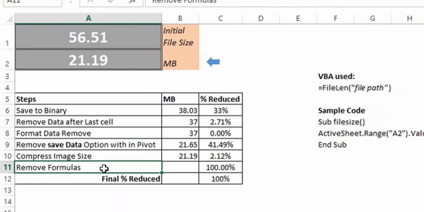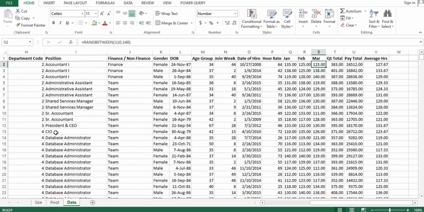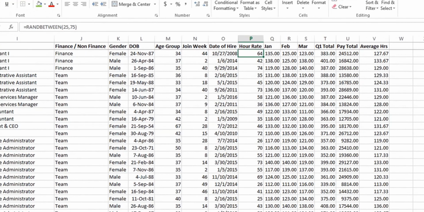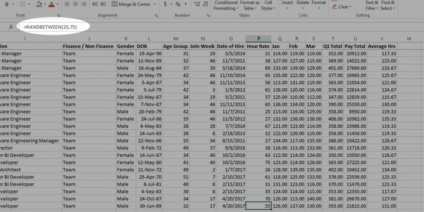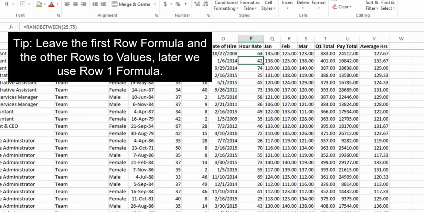And the final one is remove formulas. Go back to the data sheet and search for formula cells. For example, from column P I have some formulas applied till 2 lakhs of data set. So let's change it to values. The best practice or tip I would apply here is I won't change my formulas in the first row to values.